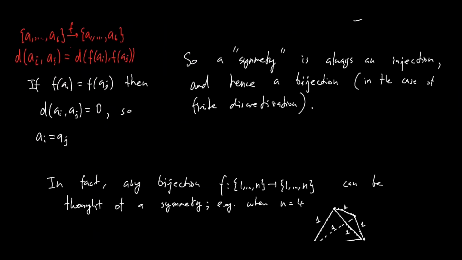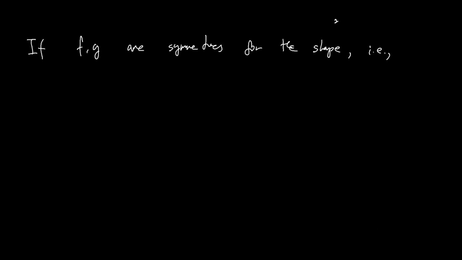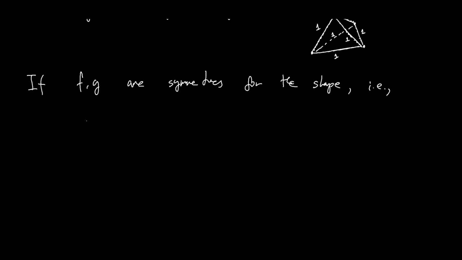And then being symmetries for that shape simply means that the functions preserve the distance. So if both of them preserve, then their composite will also preserve, right? And it's not difficult to see that. So the distance from